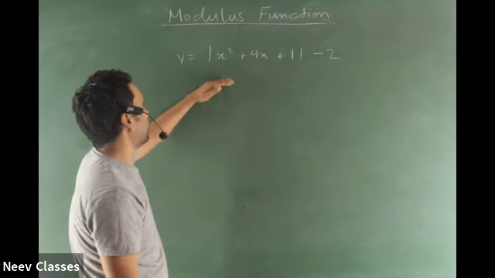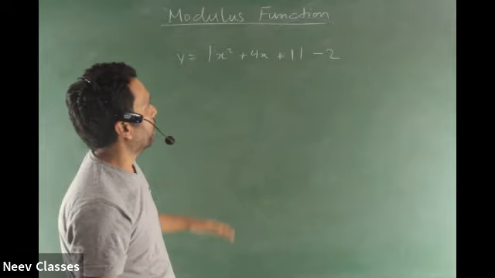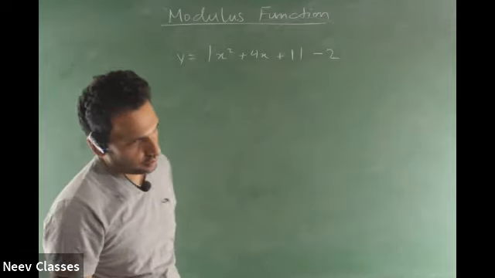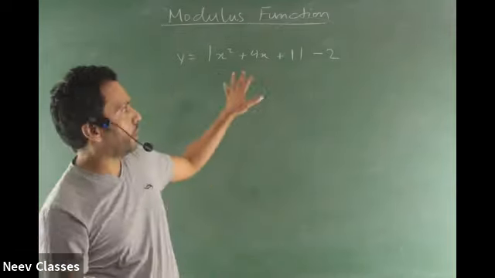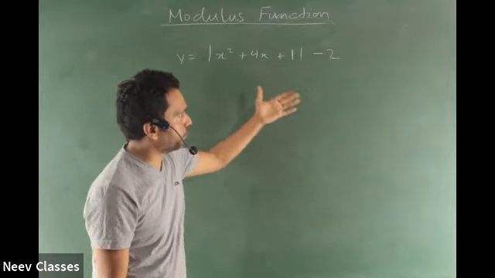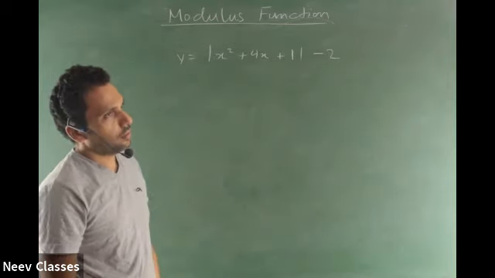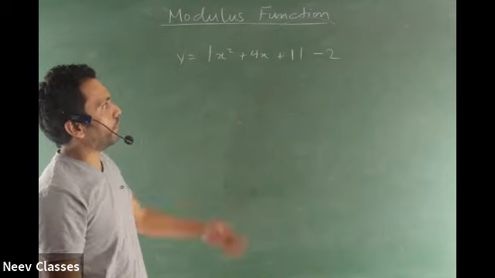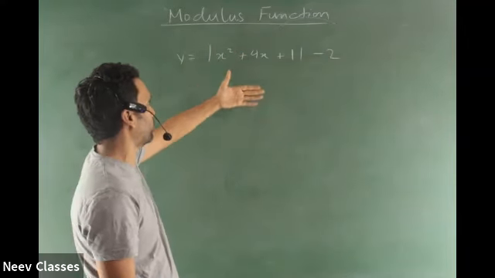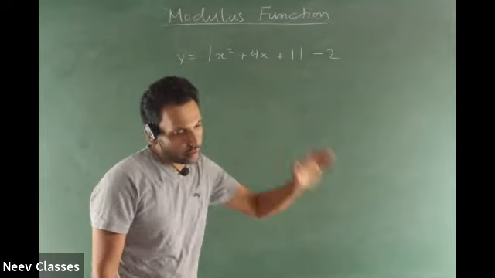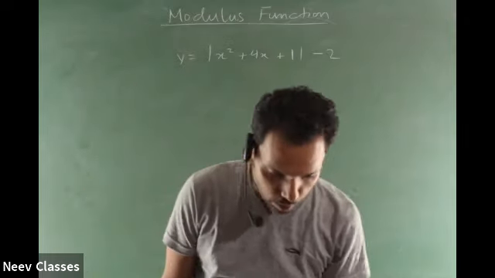Make the graph for this and give me the value of all the x-intercepts. And obviously the value of y-intercept. How much is the value of y-intercept, by the way? Minus 1. You don't have to do much over there. You put x equal to 0 in any step of solving, so why not in the first step? Put x equal to 0 and you'll get y is equal to -1. That's your y-intercept. Give me the x-intercept.